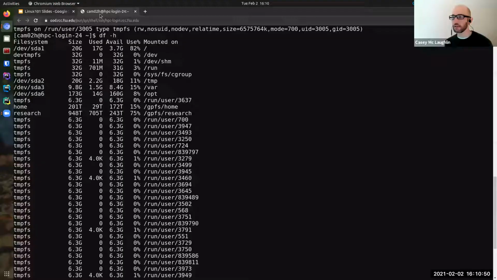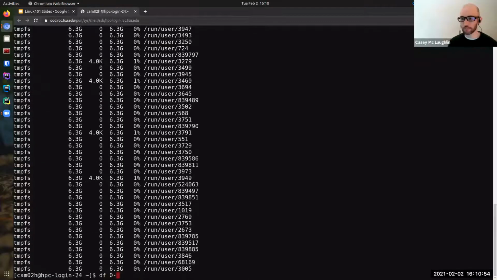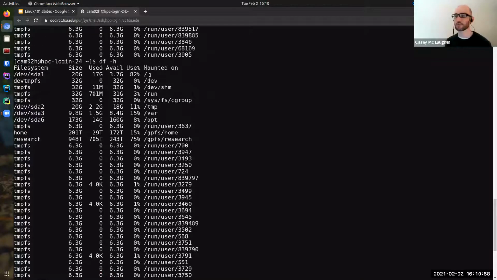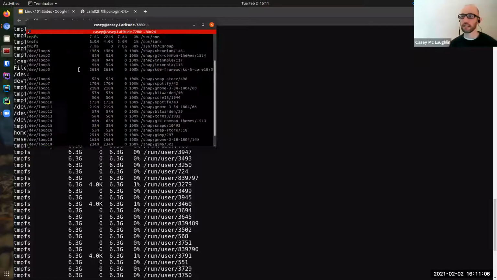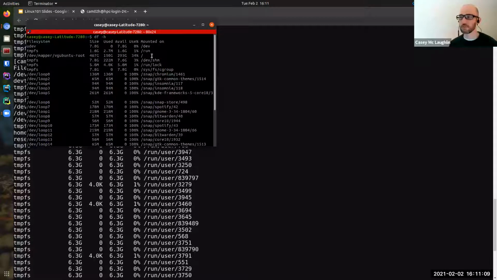Okay, so if you get stuck and want to know how much space is on your system, most computers have a single drive. So I'll pull up another terminal and run the same command on that. And ignoring all those loops, this computer has a 500 gigabyte hard drive, 467 of which are usable, and I'm using 34%.